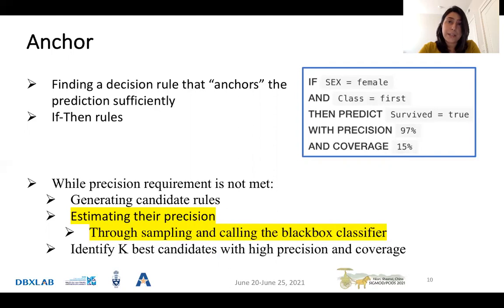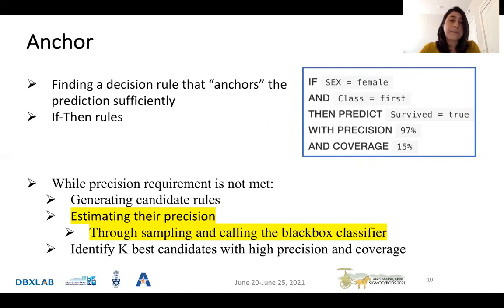Estimating the precision is done through sampling based on the candidate rule and calling the black box classifier on the generated samples to label them. And in each iteration, the partial rule or candidate rule with highest estimated precision is selected, and this loop continues until the current candidate rule meets a precision threshold for being an anchor.